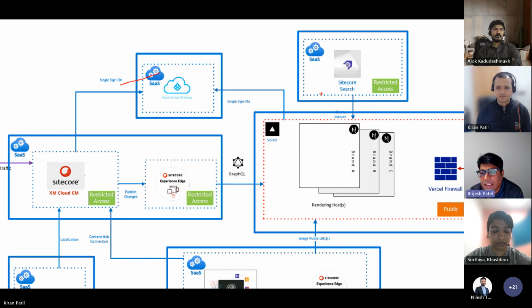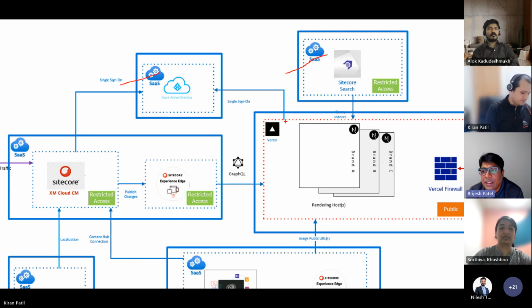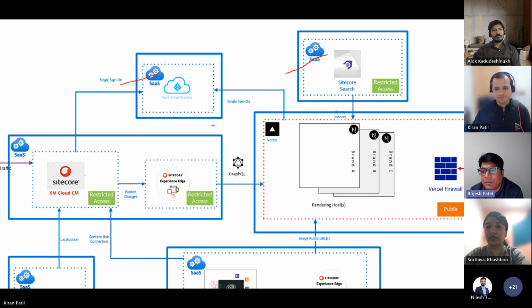Moving more to the right hand side, Sitecore Search is involved. Looking at setting up Sitecore Search, we had three environments: dev, UAT, production. That's where we set up the whole Sitecore Search piece of it. We integrate that with the Next.js app. Vercel is the platform hosting all the Next.js apps.